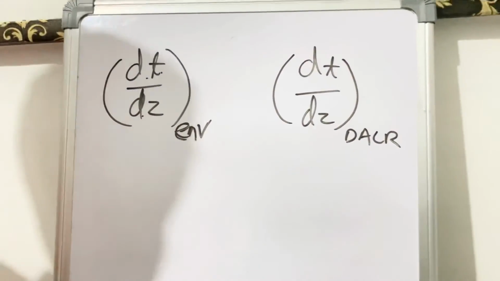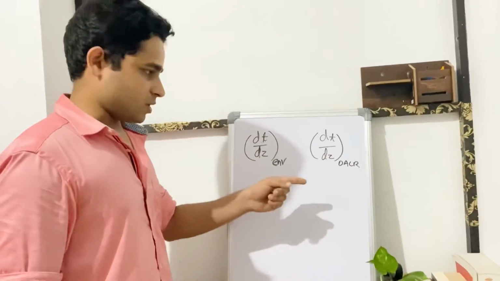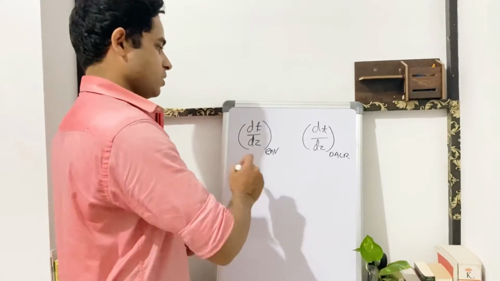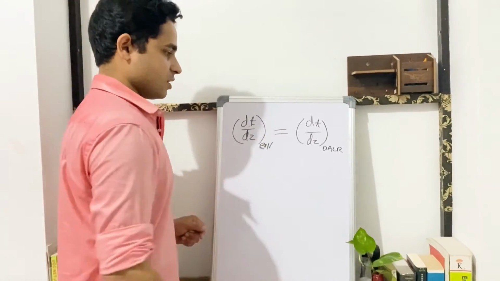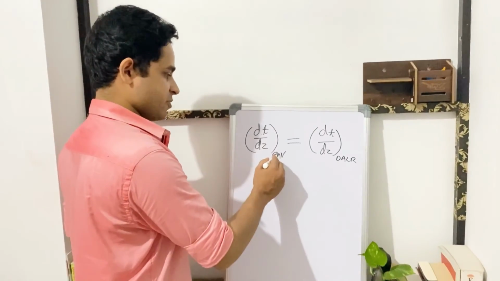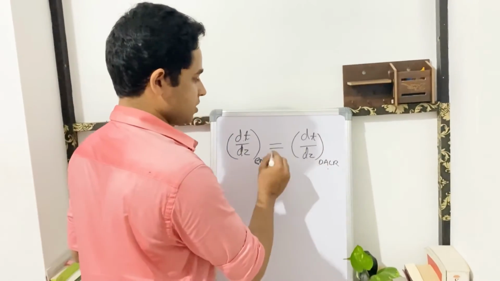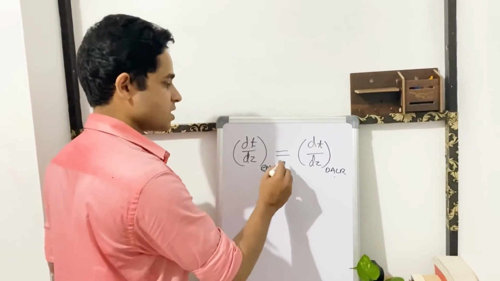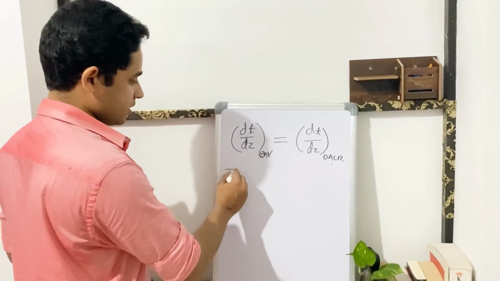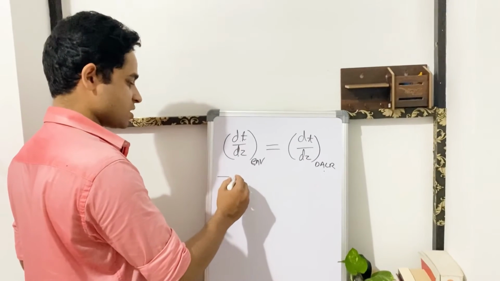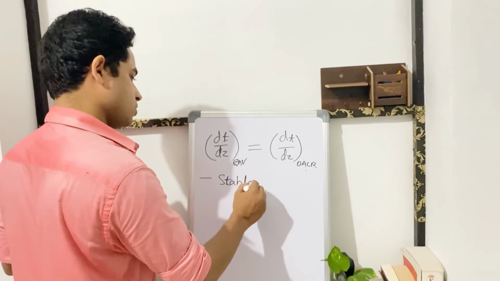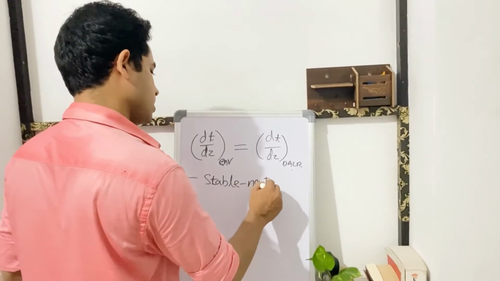Okay, we have discussed what these two are, and substitute that in here. So if these two are equal, which means environmental lapse rate and dry adiabatic lapse rate are equal to each other, they have the same value. If this is the case, then the atmosphere is considered to be stable. To be exact, it is considered to be neutrally stable,